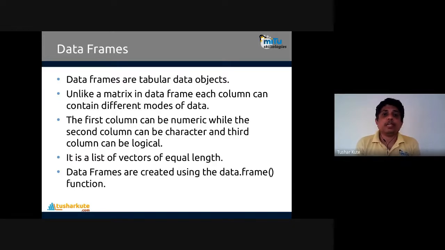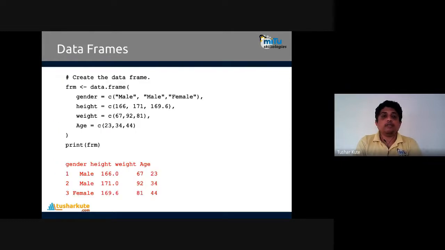The first column can be numeric, while the second column can be character, and the third column can be logical. Just think about a table. If you want to create a table, we'll be using a data frame to perform this operation. It is a list of vectors of equal length, stored in column format. And there's a function called data.frame, which is used to create the data frame objects.